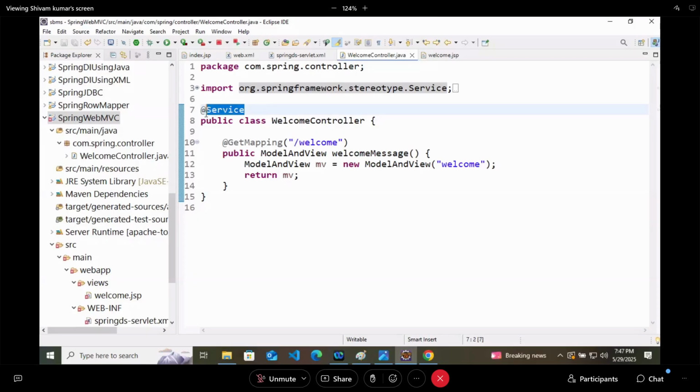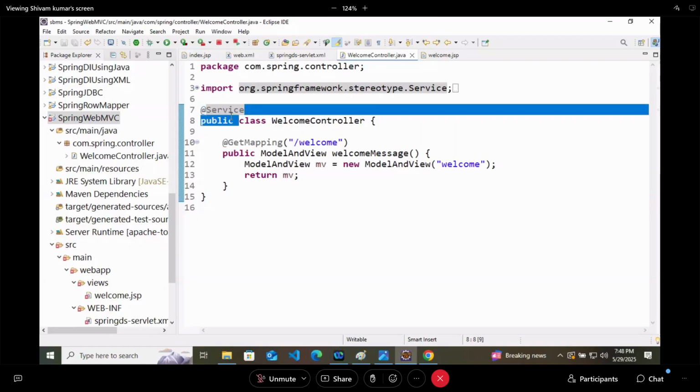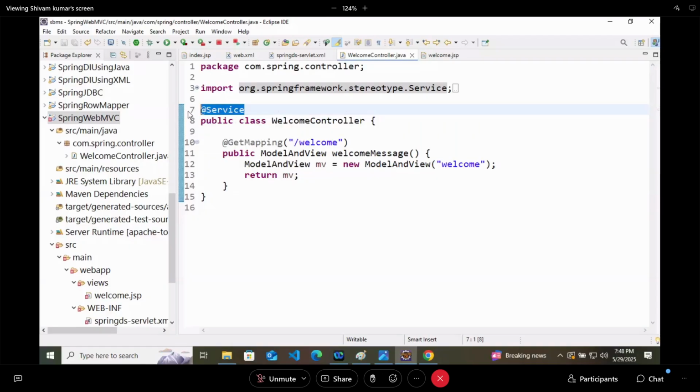Service will not work here. Service will be working when the database is involved, when you are sending data at the repository level. Because service and repository both we have seen in Data JPA, where we were extending the JPA repository, that we were marking as @Repository, and then the service implementation we were marking as @Service. But here we have to keep @Controller only, like this.